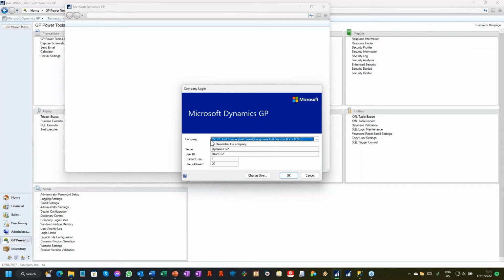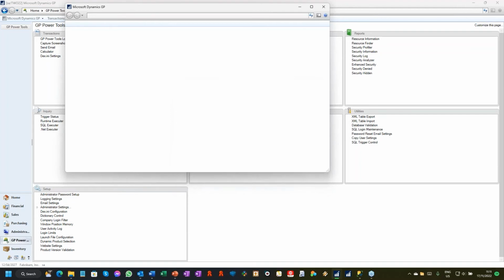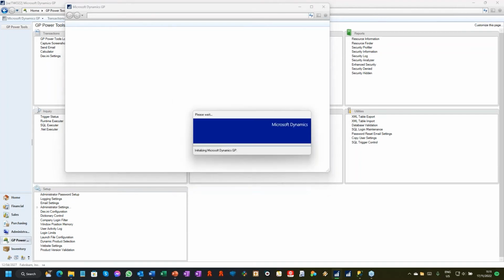I also have the database name showing, which can be either a suffix or a prefix, and I can also order these companies in whatever order I would like. So I can put my live companies at the top and test and historical companies at the bottom. So that's all GP Power Tools functionality allowing me to control this. So if I log in,